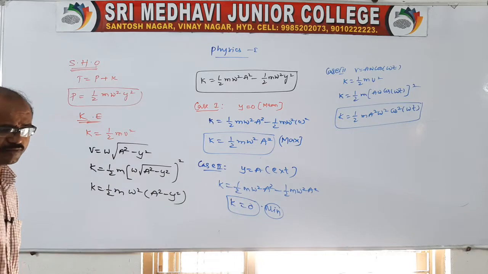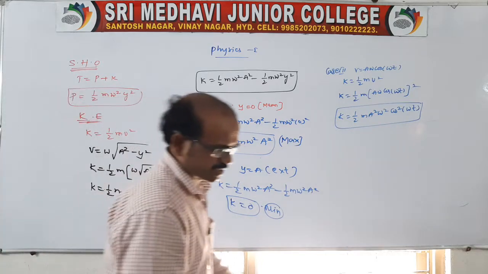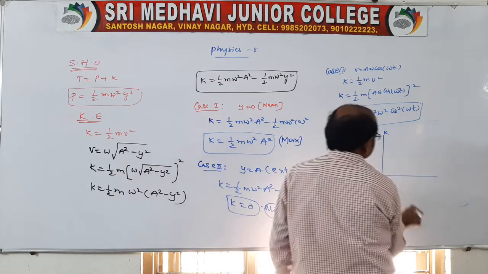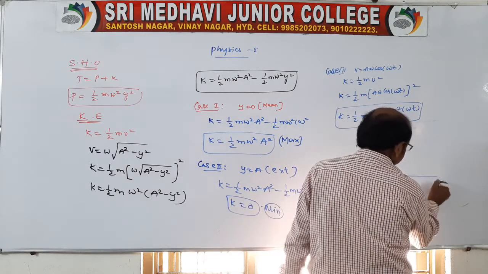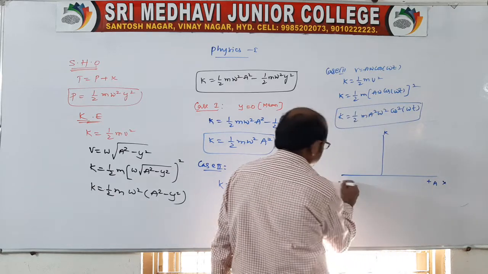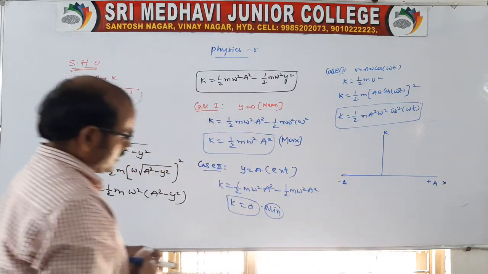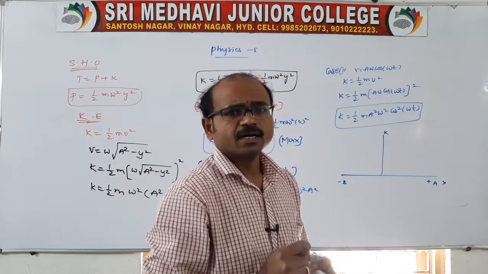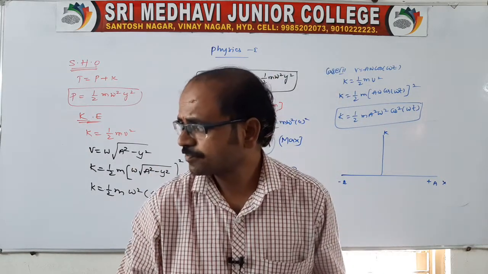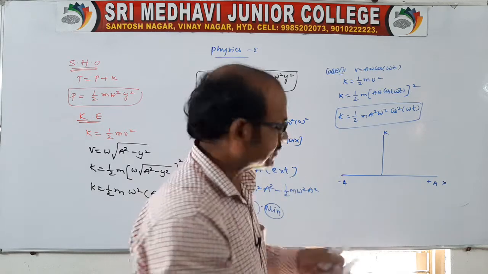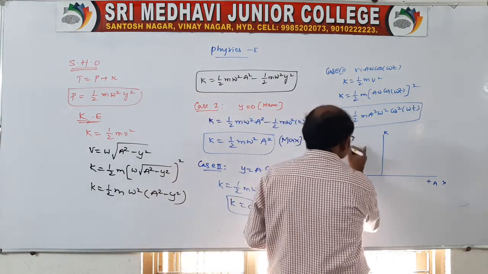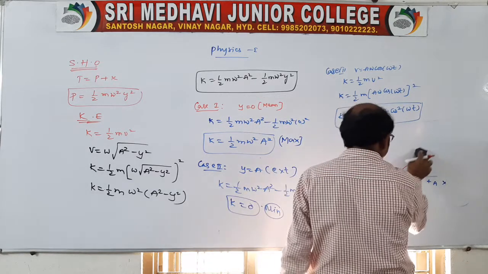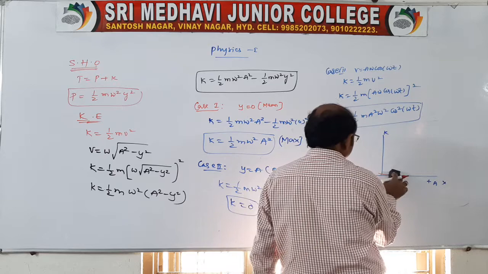See, simple now. Let us draw the energy curve. You take kinetic energy on the y axis, and on the x axis you take the plus extreme and the minus extreme. In case of potential energy there will be a curve, like a reverse hyperbola, right? It is a potential energy curve, no? Now I want to tell you about kinetic energy.